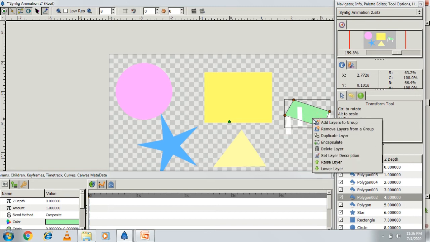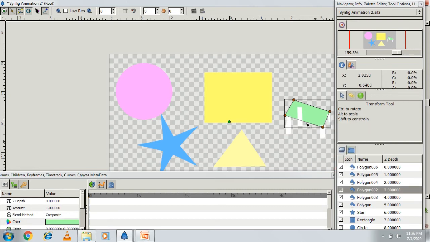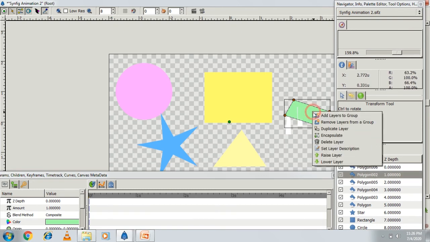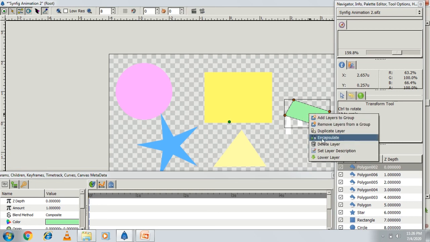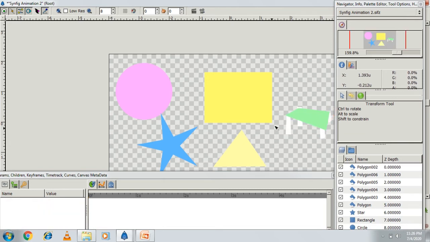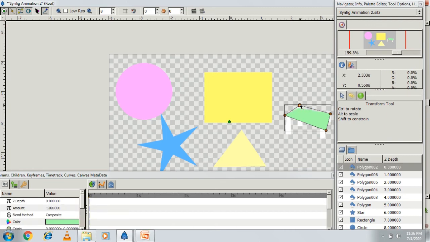So what I will do, I will right click and I will set it on top. So it will now be on top. So if I want to adjust, okay, this way I can adjust the table.